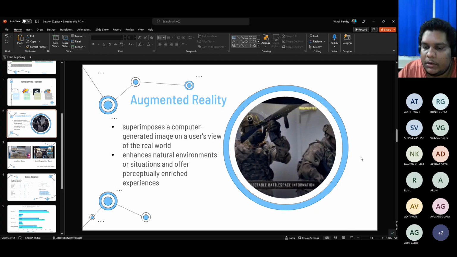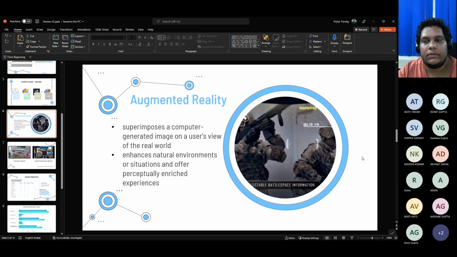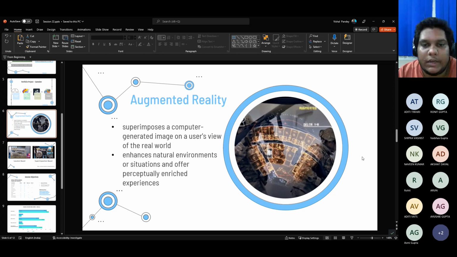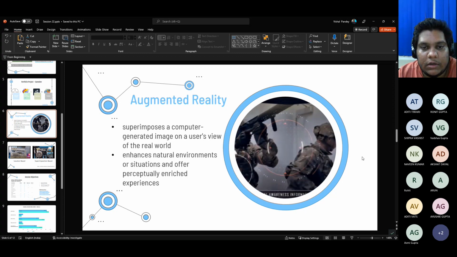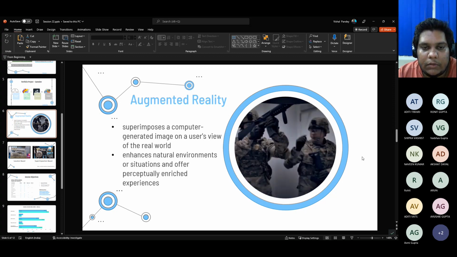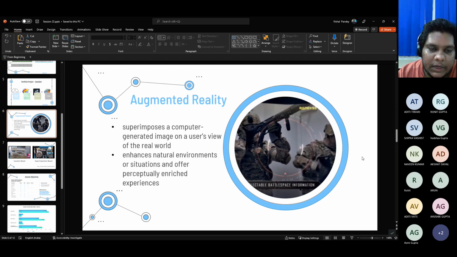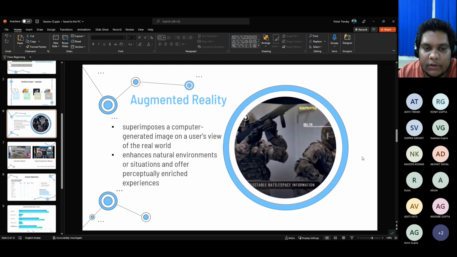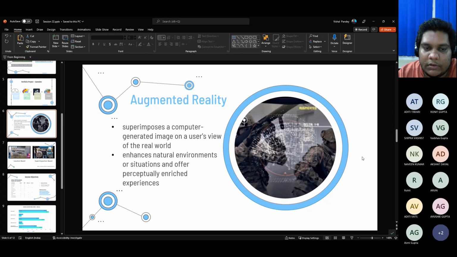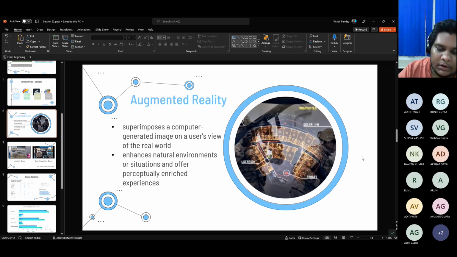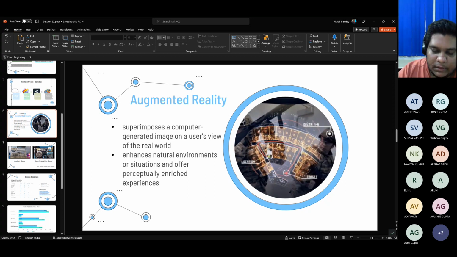AR is in general where you superimpose a computer generated image on the real world, right? And we can enhance the natural environments or situations and offer perceptually enriched experiences.